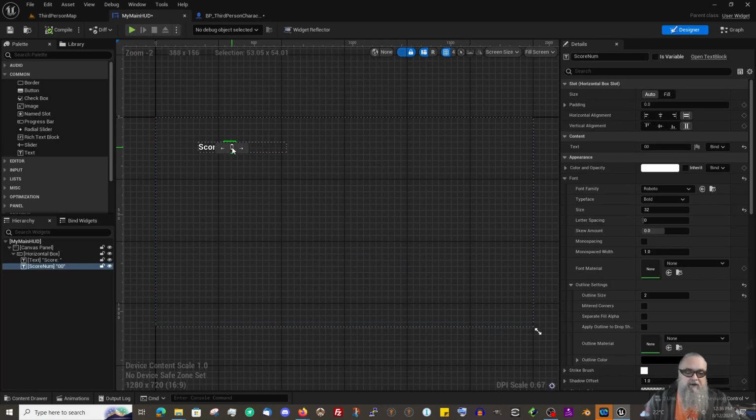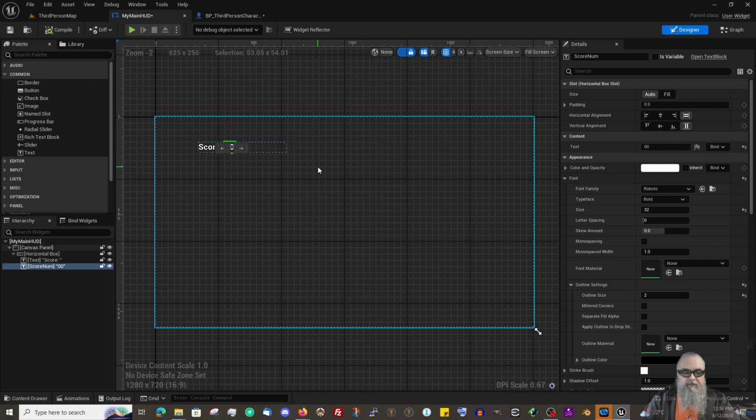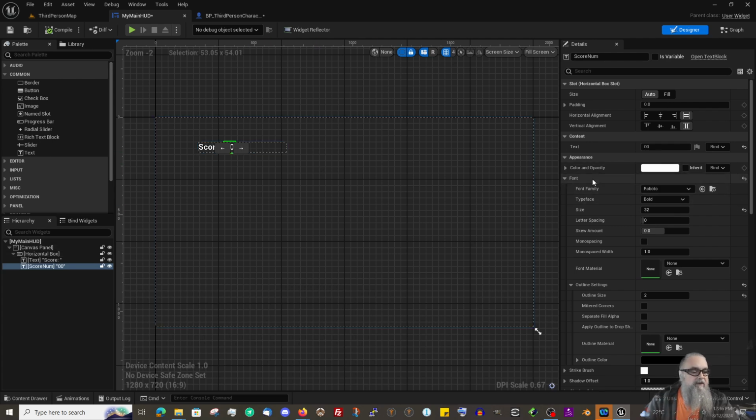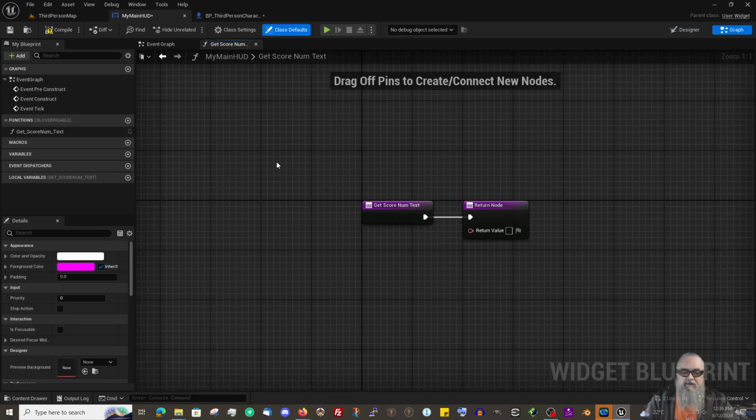In the HUD, we're going to highlight the number or the text that is just a piece of text that is going to be replaced by the value from that points variable. And here under content, where it says text and we've got the 00, you'll see there's an option for binding. This is where we get to bind a function to this particular value and replace it. So if I pick binding and say create binding, you can now see